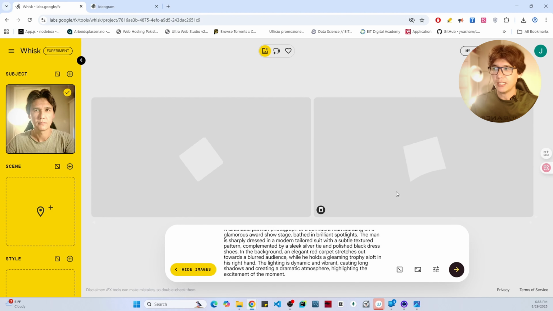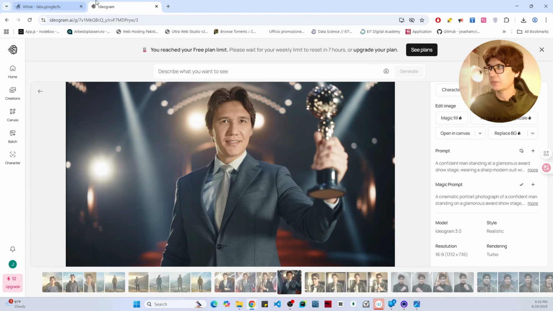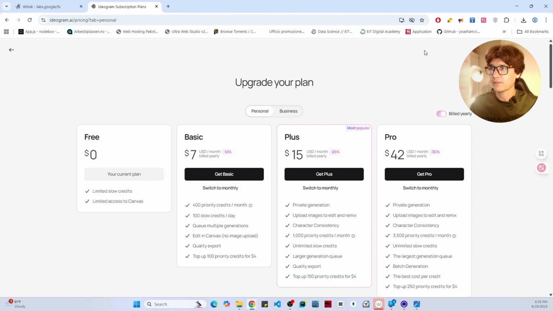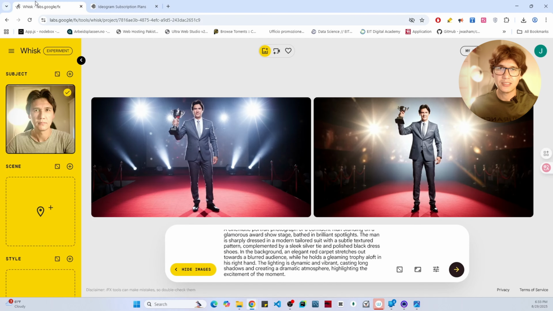Now, once I have entered it, you are going to see the magic here. But the main thing is, Ideogram has a premium account and a limited free account. You can make only 10 characters from your free account in one month, but in Whisk it is unlimited. That is like magic, right? Now see,